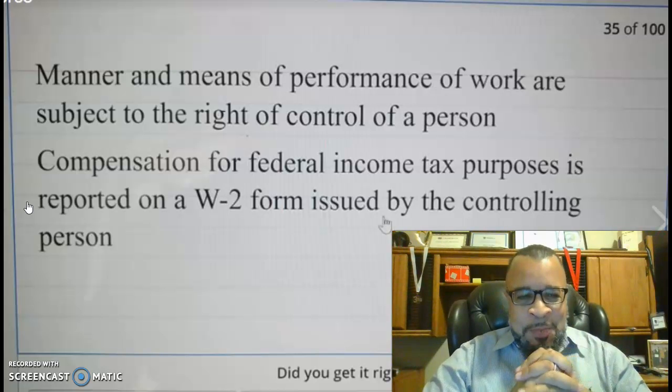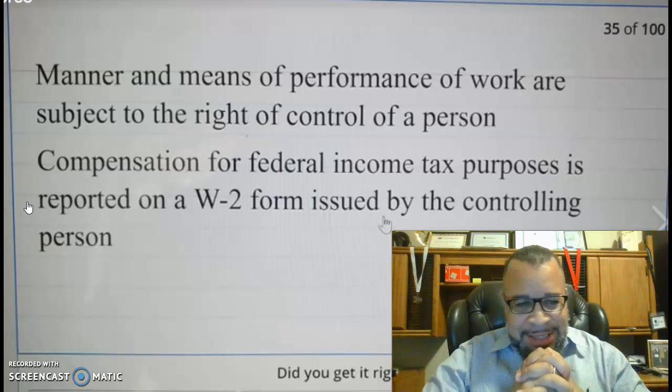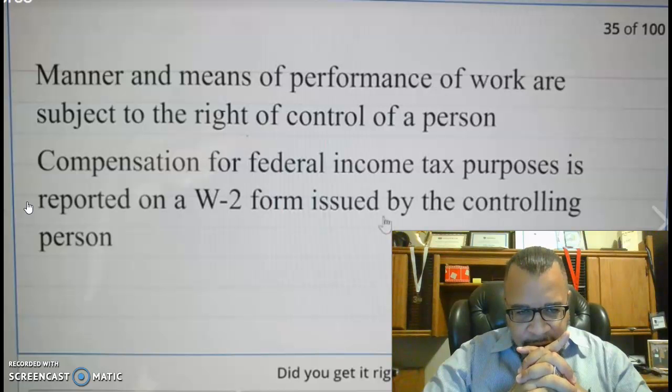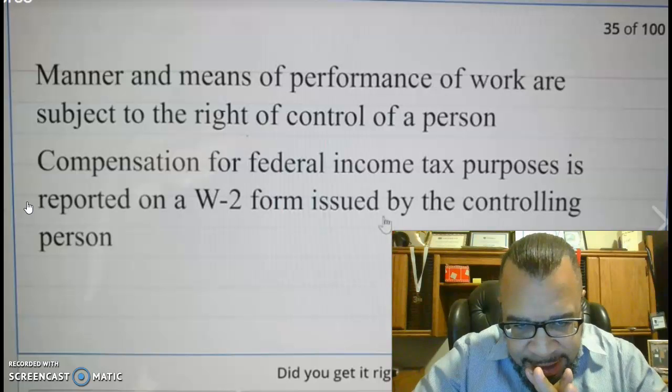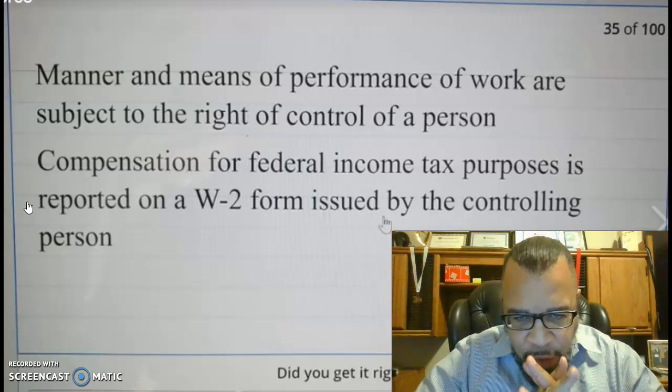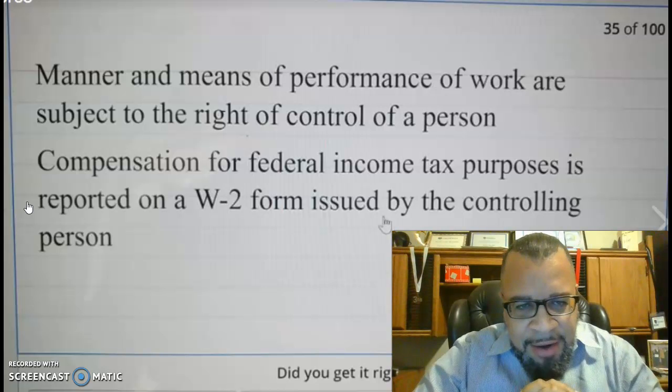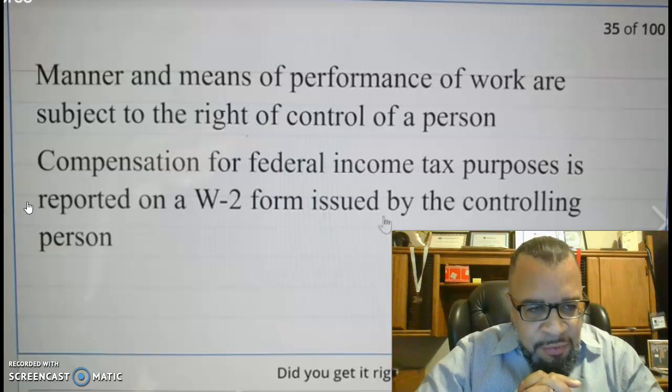Okay, so let's continue. Compensation for federal income tax purposes is reported on a W-2 form. Listen closely: a W-2 form issued by the controlling person. What does the controlling person control? They control the manner and the means of performance of work